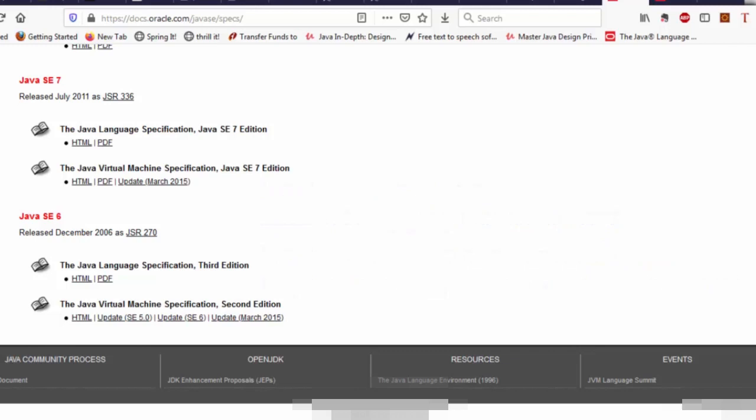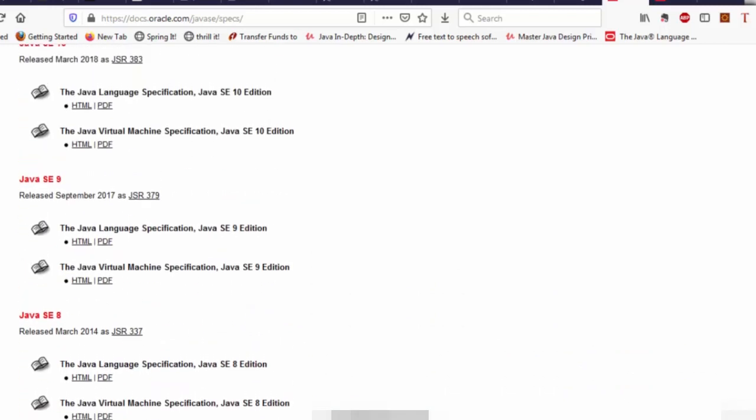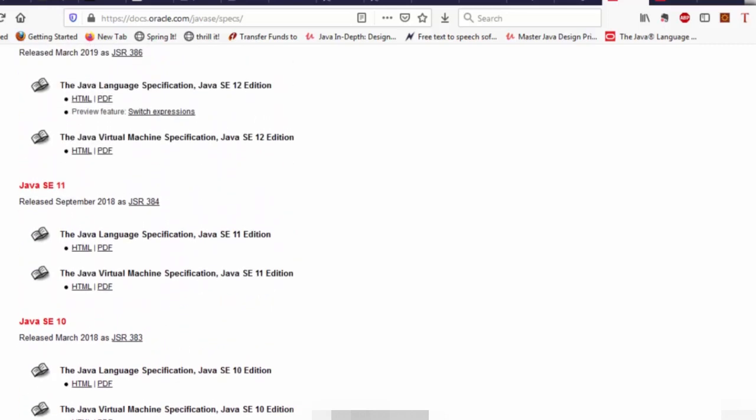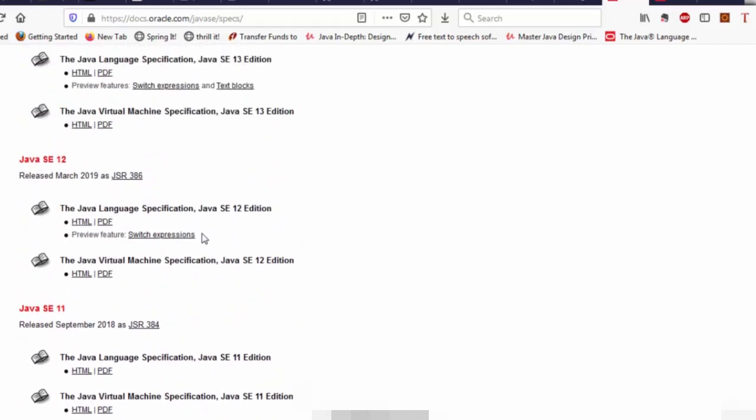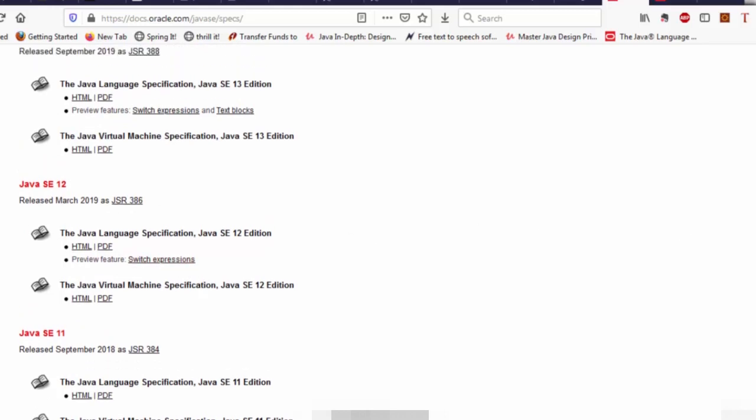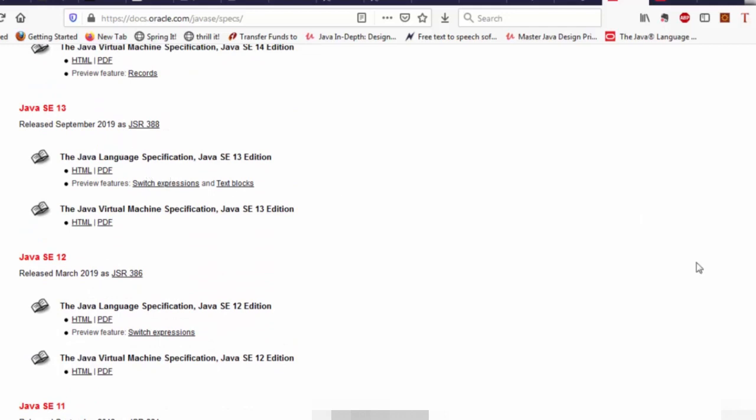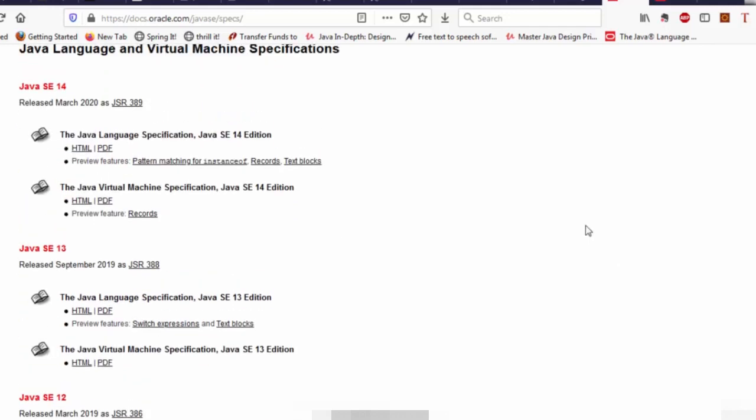But now in the recent releases, it's mostly smaller features that are coming out, and some of them are preview features. For example, switch expressions was added as a preview feature, and it was a preview feature in Java 13 also, but in Java 14, it became a permanent feature of the language. So some of them are released as preview features. They are not standard, and they may be removed in the next release too. If developers do not like them and they get the feedback that it's not good, they might remove the feature. So that's about it.